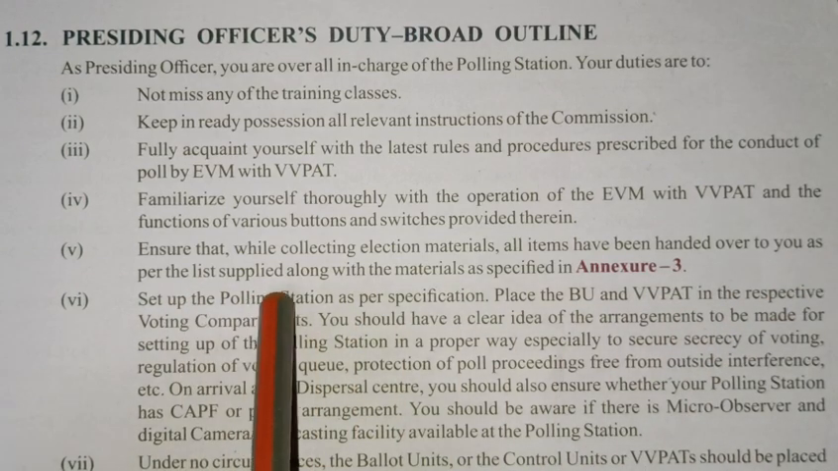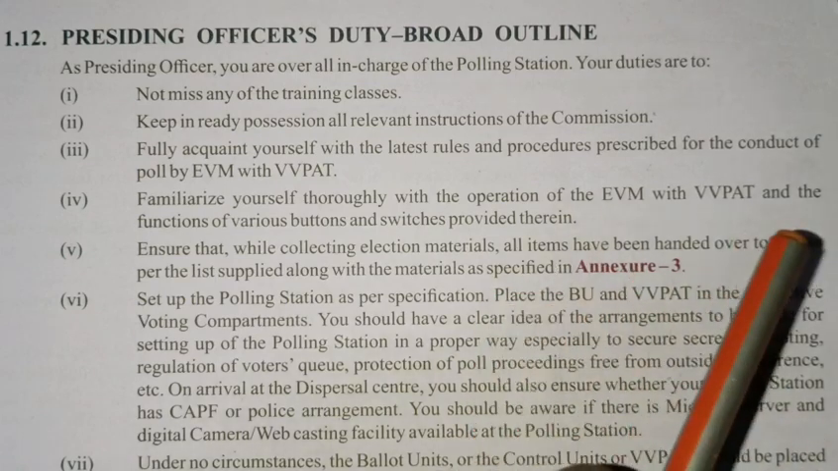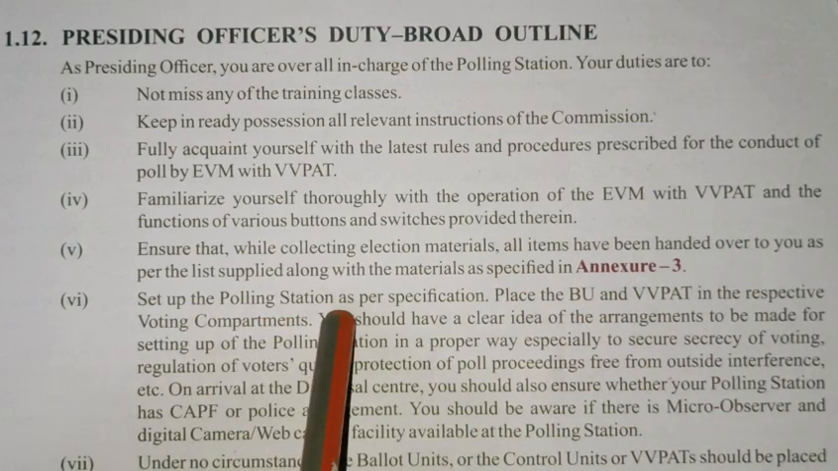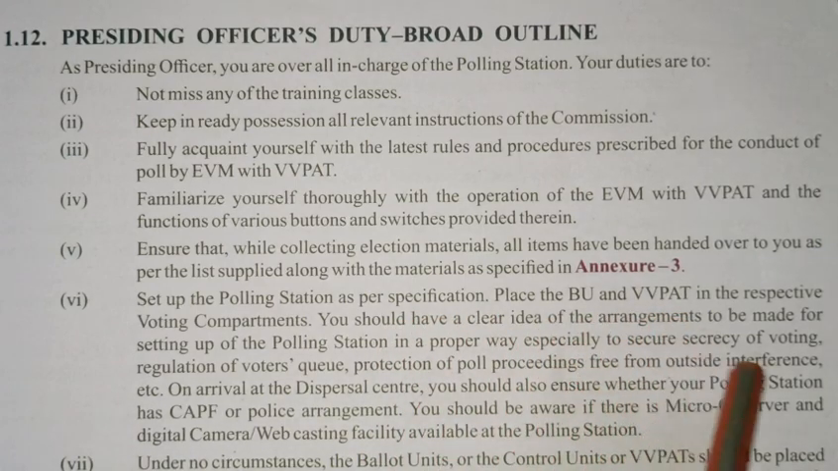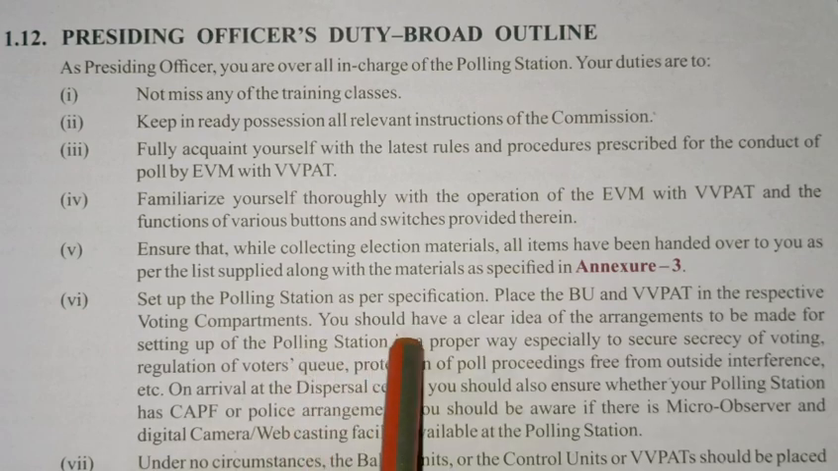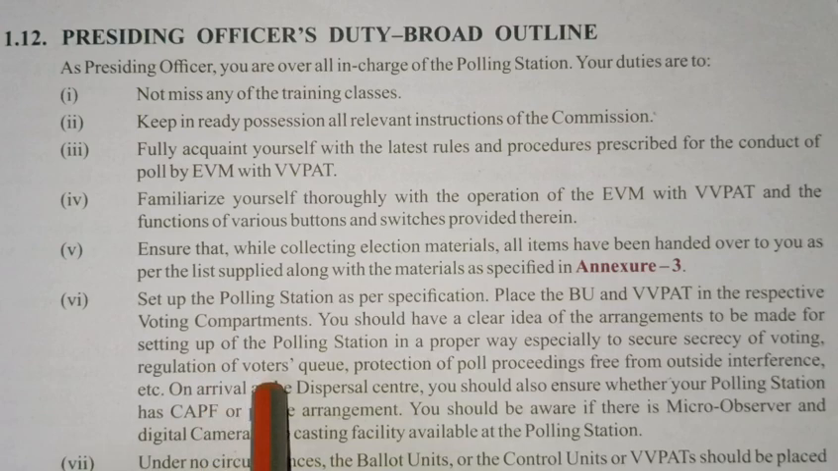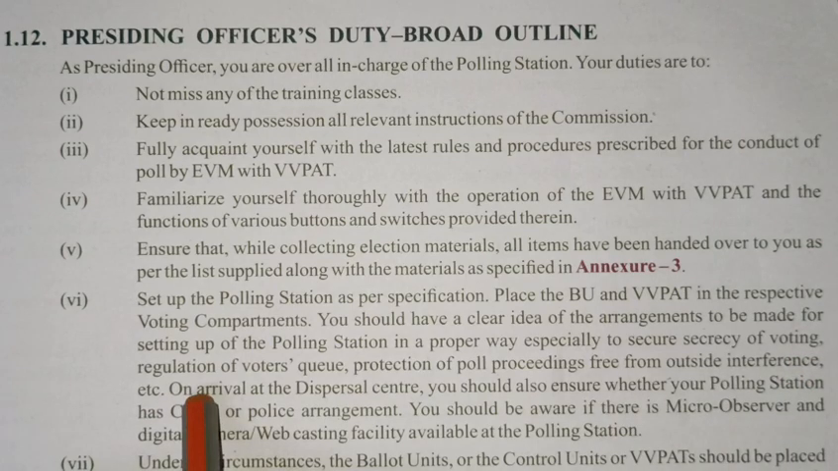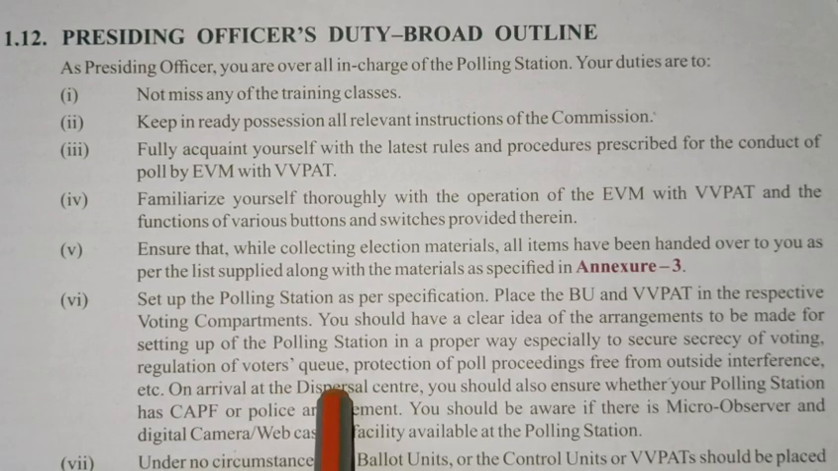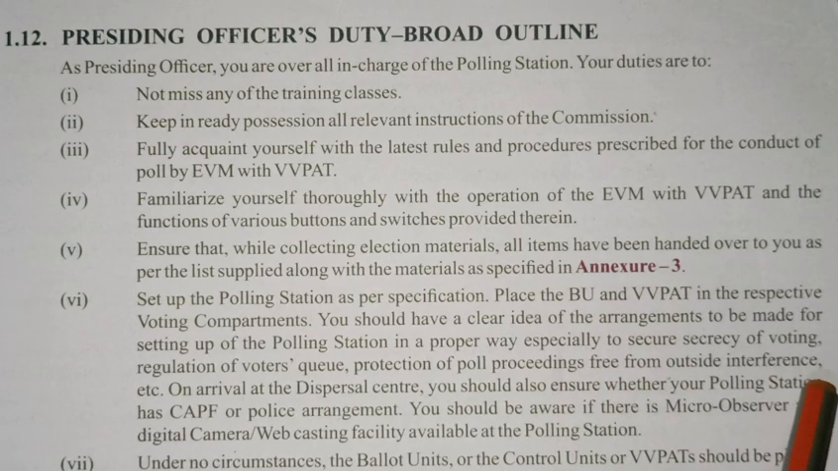as per the list supplied along with the material as specified in Annexure 3. This has to be checked. Set up the polling station as per specification. Place the BU and VVPAT in the respective voting compartment. You should have a clear idea of the arrangement to be made for setting up of polling station in a proper way, especially to secure secrecy of voting, regulation of voters, queue, protection of poll proceedings free from outside interference,